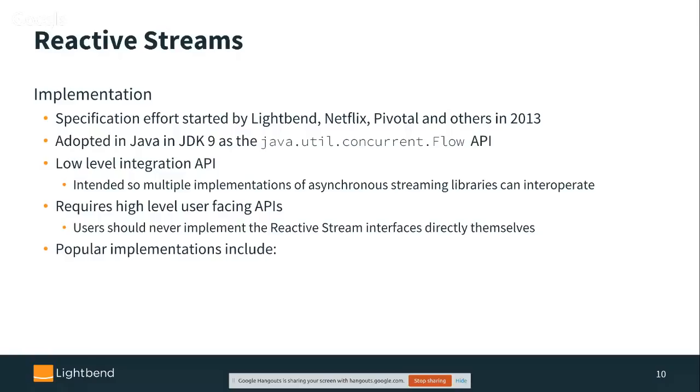So you have your connectors to databases, to message brokers, to HTTP clients that implement reactive streams, and you also have streams manipulation libraries such as Kafka Streams, RxJava, and Reactor. So when you work with reactive streams, you can bring in these libraries and do whatever transformations you need